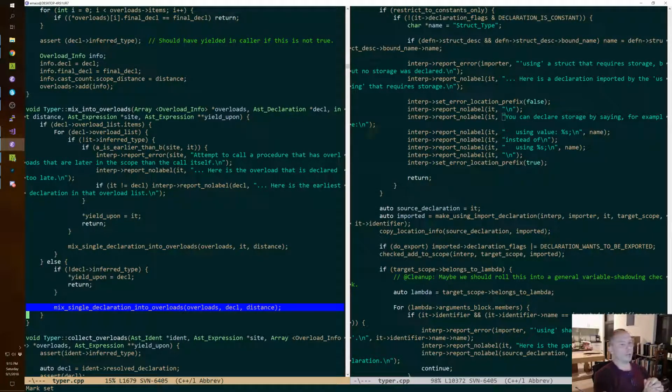I should be able to make a test case that doesn't work right, I think. Like if I have two overloads of a procedure in two different files, I don't know, let's just do something.